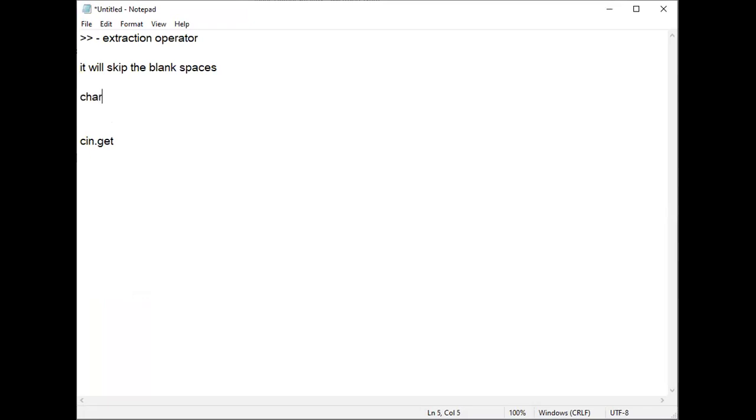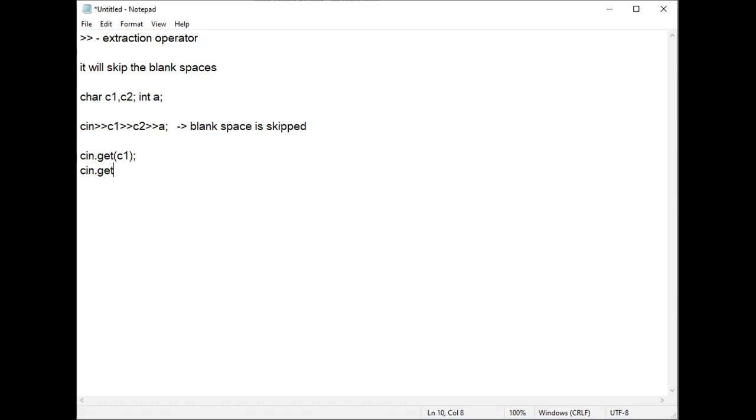If I am considering char C1, C2 of type character, and A, one variable of type integer, then if I write cin extraction operator C1, extraction operator C2, extraction operator A, in this case blank space is skipped. Next, if I don't want to skip blank space, then I have to write cin dot get of C1,